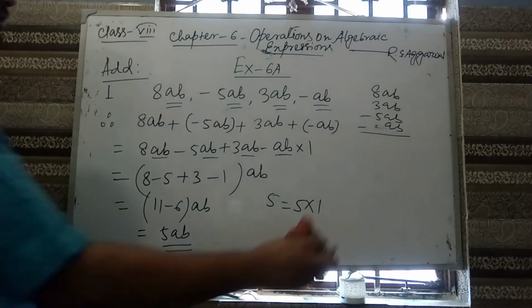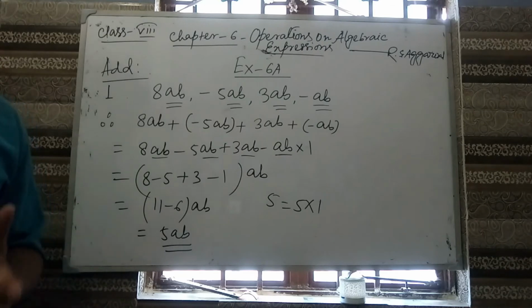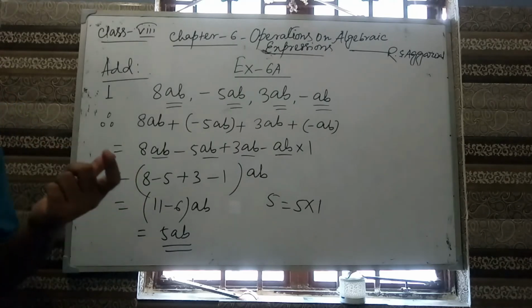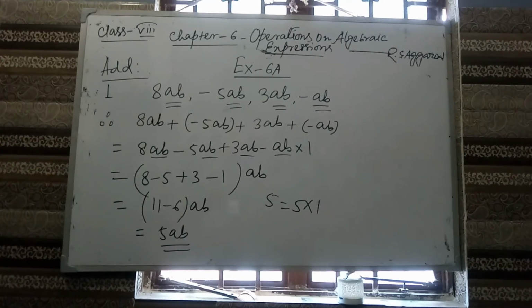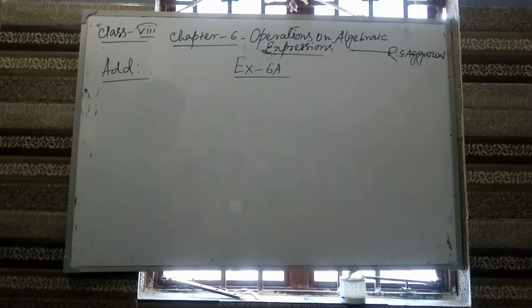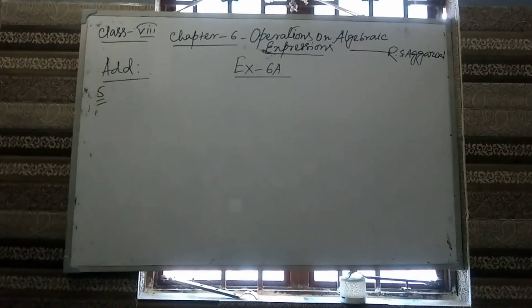So for addition in these chapters, look, in exercise 6A, 6B, 6C, 6D, we have lots of sums, but I will do only a few sums from this exercise because all of them are quite similar. So there is no meaning in wasting time over here. Clear? We will be doing only different types of sums, and we will finish the chapter as soon as possible. Our next sum is question number 5. What is given?